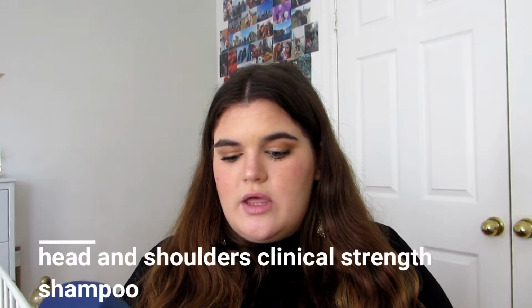So yeah, I use this as my cleansing shampoo. I don't recommend this for everyone because this one's for dandruff and it's the clinical strength one, so it's kind of heavy. I'm also pretty sure this one has sulfates and stuff that a lot of people tend to steer away from, and if you're doing that, keep doing that because it's probably really helping your hair. But yeah, this is the Head and Shoulders Clinical Strength